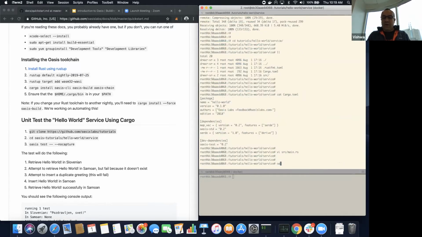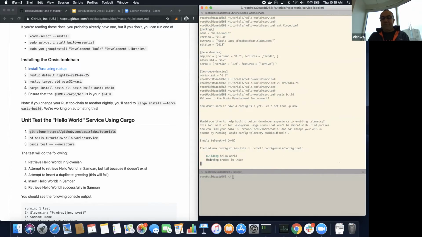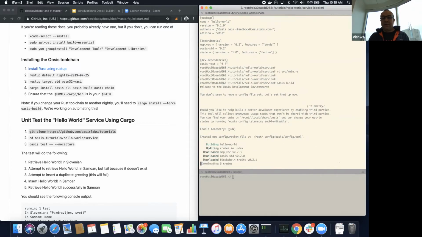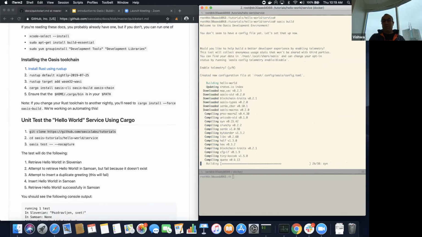So we can go ahead and do Oasis build. So this is something that is interesting. We ask this initially, whether you are okay with enabling telemetry. And so if you say yes, then we will collect some telemetry and you have access to it. And this is something that we will use to improve your experience. So once we say go ahead, it's going to go ahead and build and also convert this into a service that we can later deploy. So this will take maybe 15 seconds more.